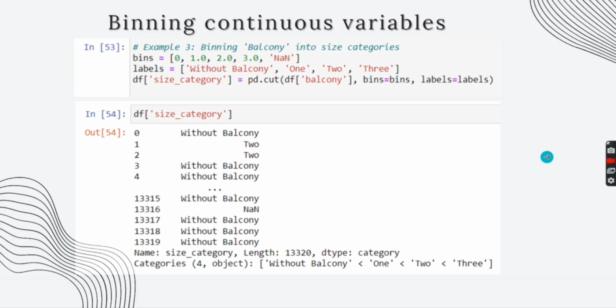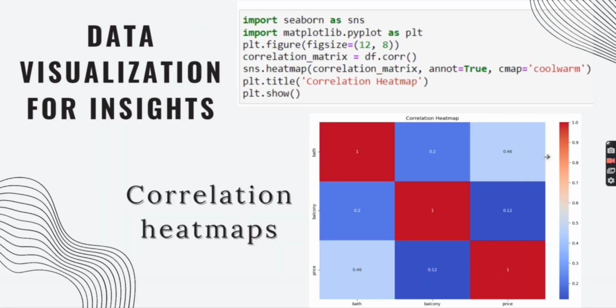Let's jump into a different topic of our content, data visualization for insights. And let's first learn about the correlation heat maps. The correlation heat map helps to identify the relationship between the numerical variables. For that, we firstly need to import our Seaborn library as sns